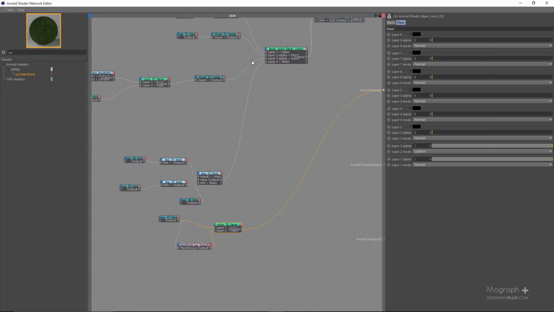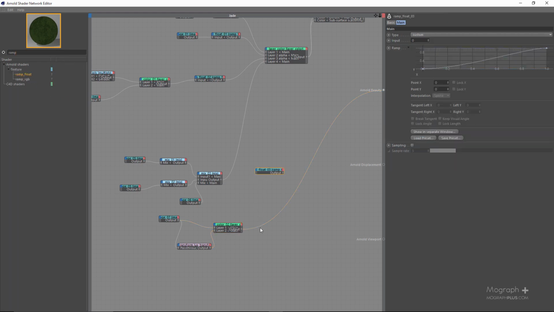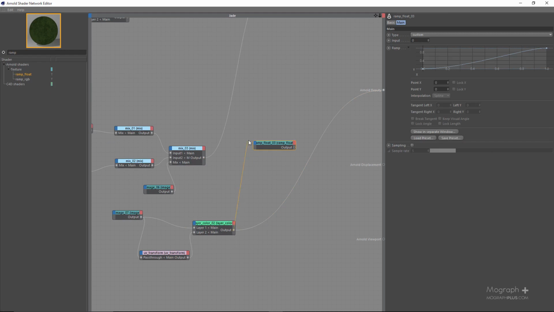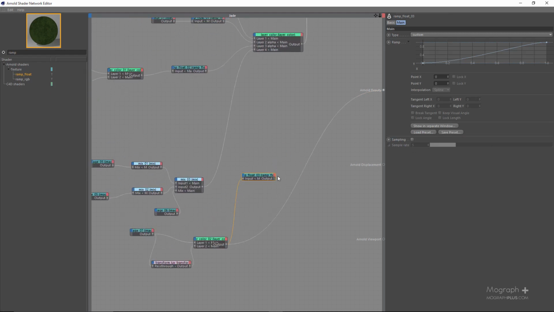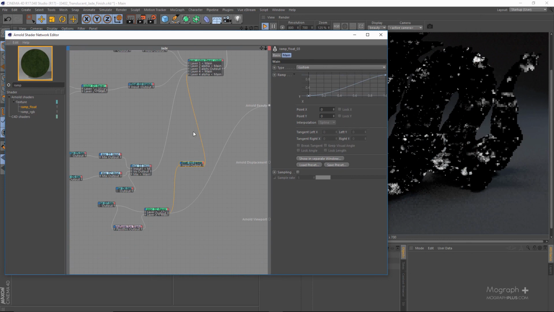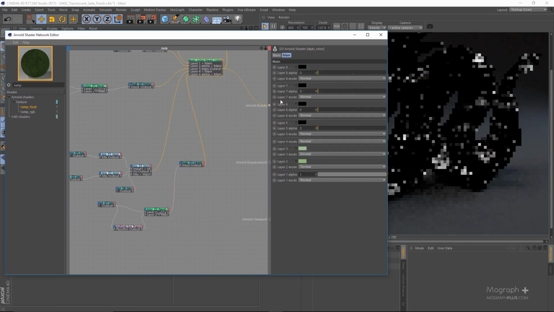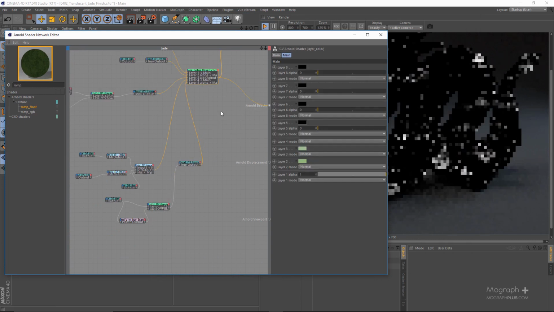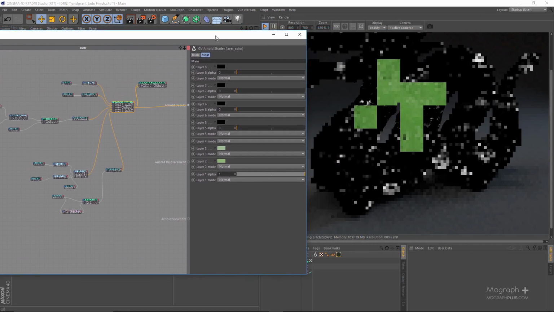I think this is going to be, let me just put a RAM float node in between in case we need that. So that's our input, and this is going to be our layer 4 alpha here. So the combination, if I connect this layer color node to the input, we should get